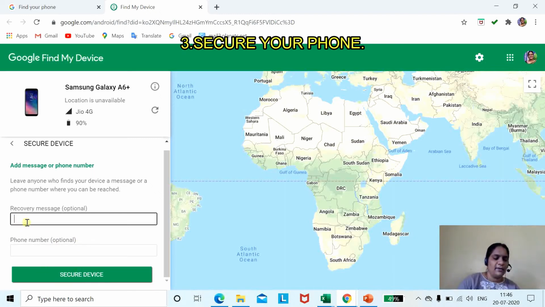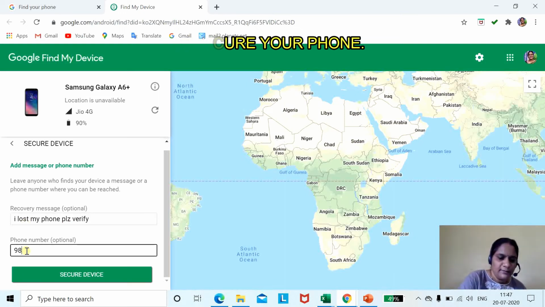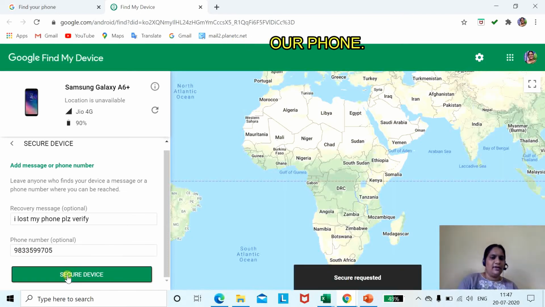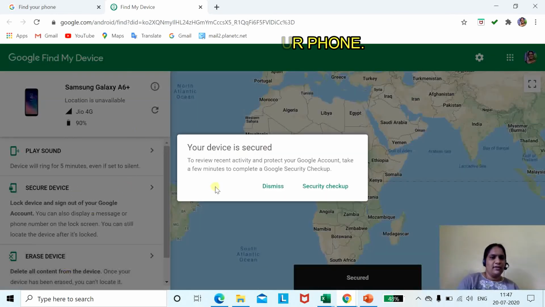So suppose I am giving, if I lost my phone, please verify. So I will give my husband's number. Clear? So like this we can make our device secure here. Whenever something happens, your device is secured.